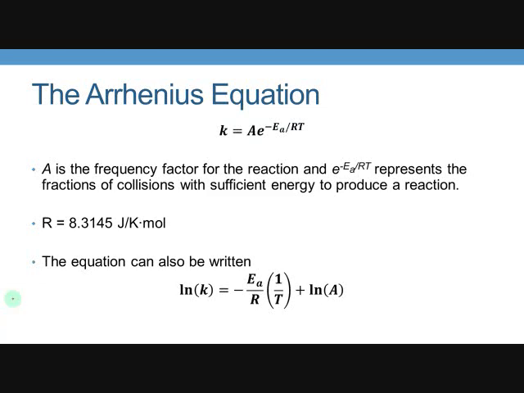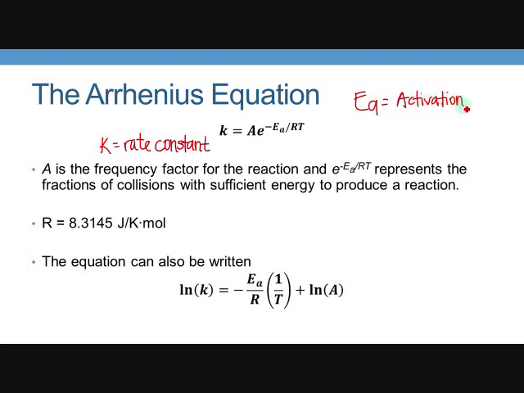K is still the rate constant that we were talking about in 5.2 and 5.3. A is called the frequency factor for the reaction, and so that would probably be given to you. And then the e to the negative EA over RT represents the fraction of collisions with sufficient energy to produce a reaction. EA is activation energy,